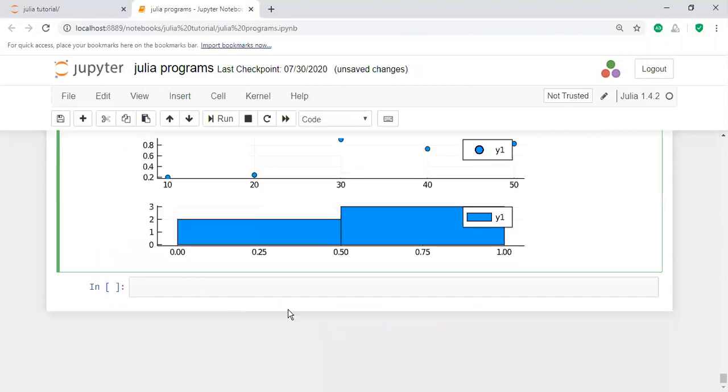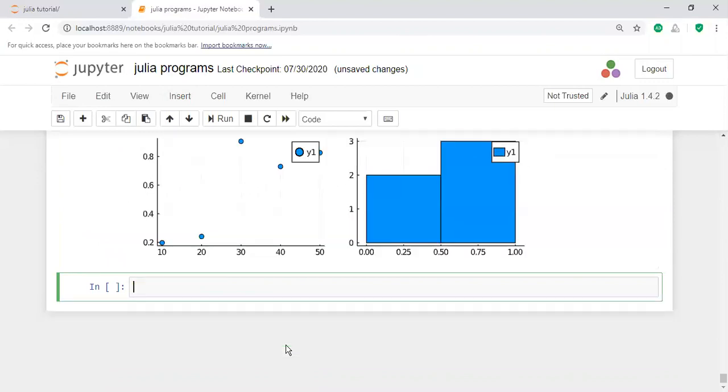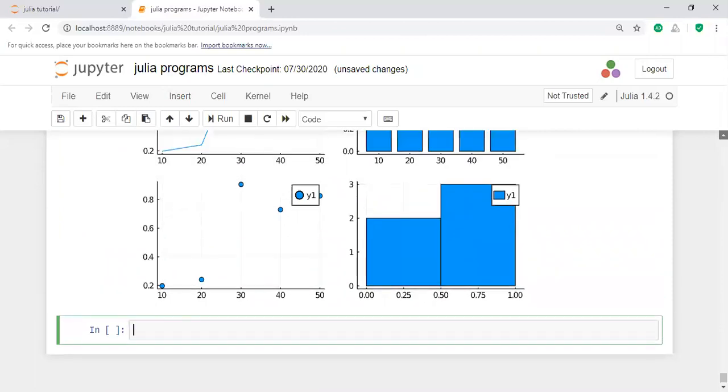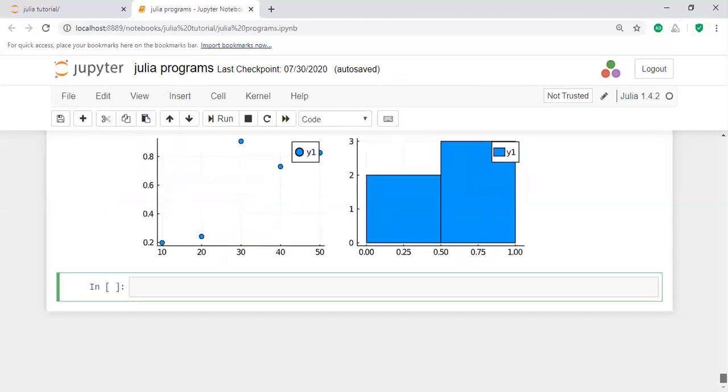That means I am going to represent these values in a 2 by 2 matrix. Let us take 2 comma 2 here. If you take 2 comma 2, all the information is represented in one place. This is a plot, this is a scattered plot, this is a histogram, like this, all existing in one place. In this way you can perform bar charts and different chart-related tasks. Not only this, you may also use the histogram function.